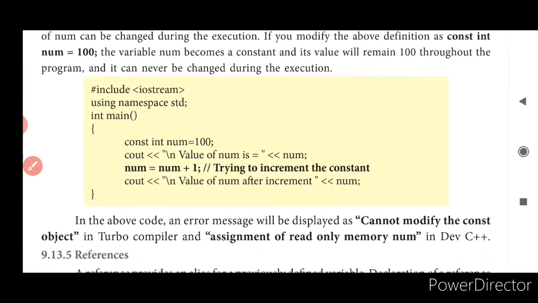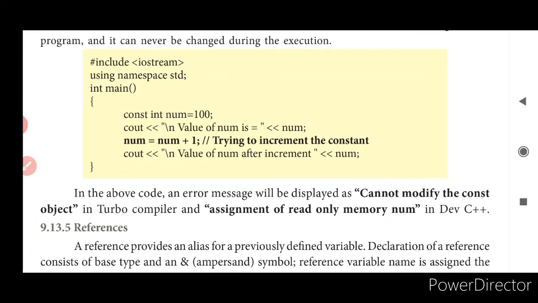Let us take an example for this. Constant. I have declared num as constant. Now, the value of num will be printed. I am trying to increment a constant. The value will be 100 again. Do you know why? Actually, you cannot make any changes. Even if you make it, it is not going to accept the change. Why so?